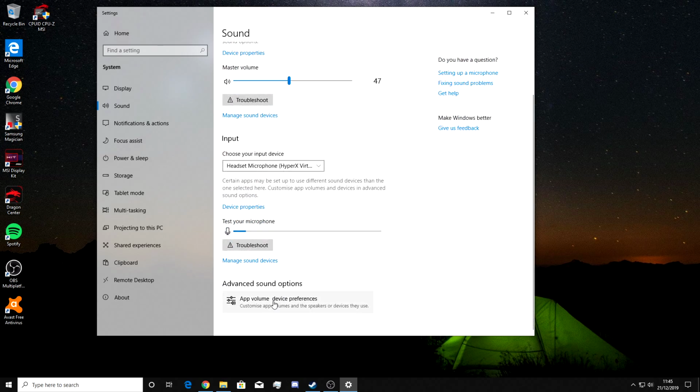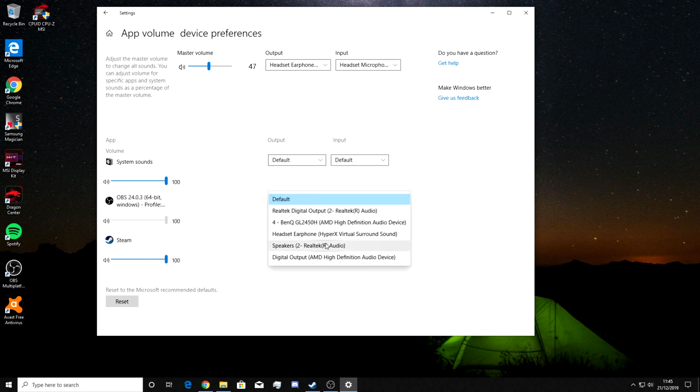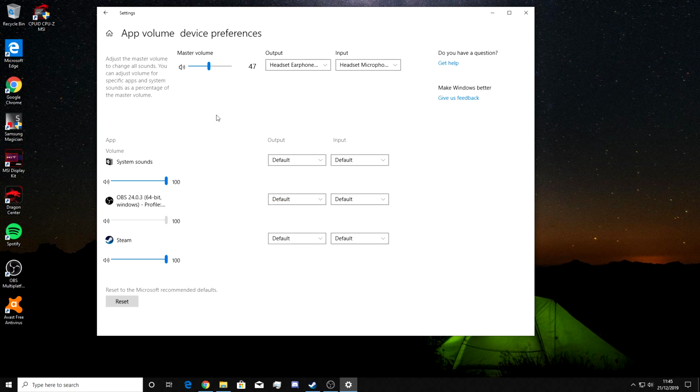And if you want to adjust it so that certain sounds come from certain apps, go onto advanced, and here all your stuff that's been played, you can change the default outputs. So here you can have speakers for OBS, for example, in this case, and everything else for your headphones, or the other way around, whatever you choose and whatever you need. And that should fix most of your problems. If it doesn't,